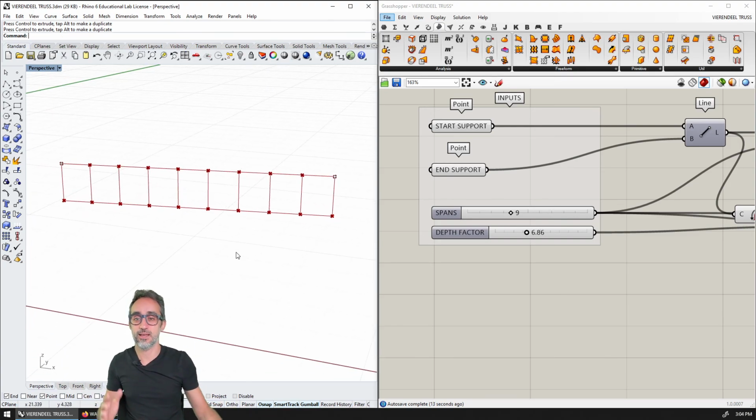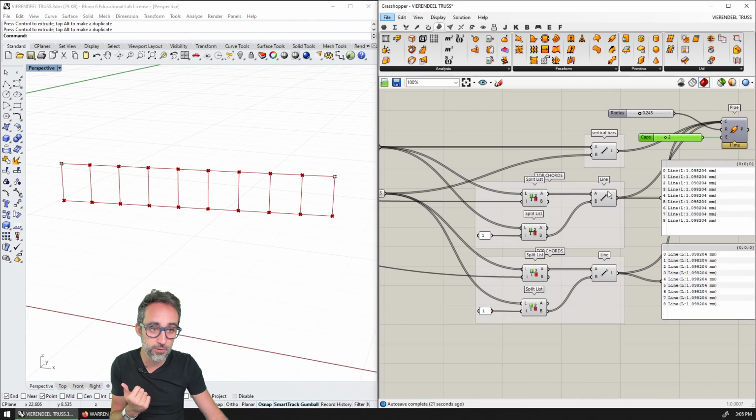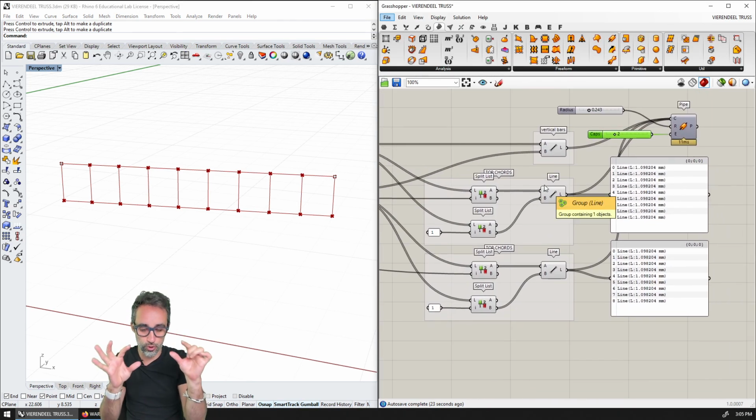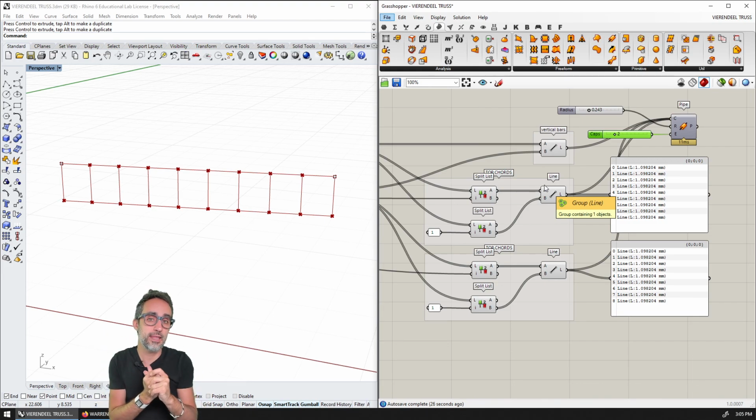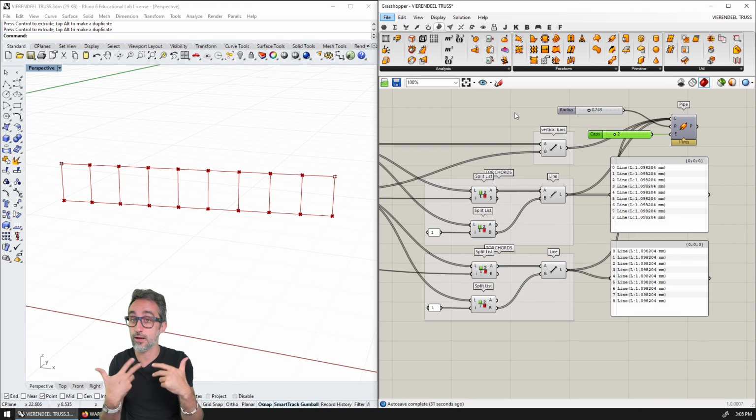All right. So this was a simple exercise creating a Vierendeel truss. It was a good example of how to do simple list manipulation so that we do controlled data matching. Now, I think with this, I would like to move on to more elaborate examples, like other kinds of trusses, like the Warren truss, the Pratt truss, etc., and to further show examples of how we can do data matching and data operations. So follow me on that one in the next videos coming up in this series.